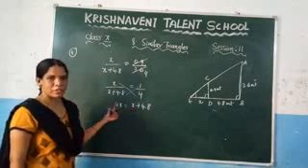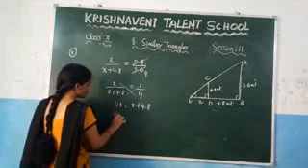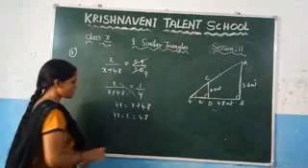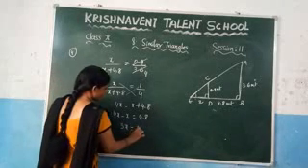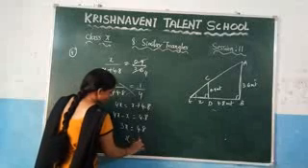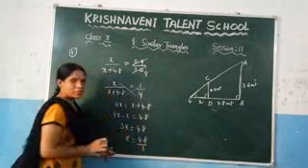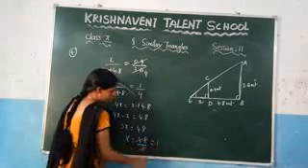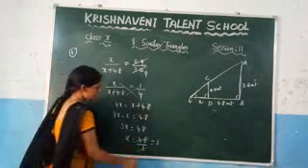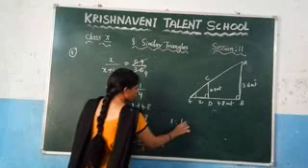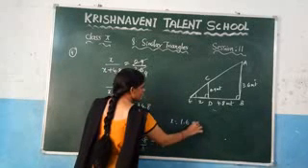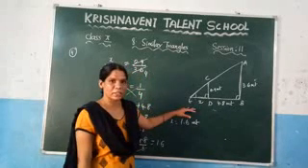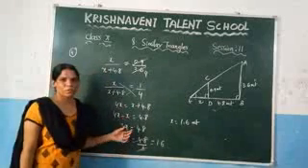Now take this x to this side. It will become minus x. So that you will get 4x minus x is equal to 4.8. What is the value of 4x minus x, which gives 3x is equal to 4.8. So what is the value of x, which is 4.8 by 3. So just cancel here. What you will get here? You know that 3 ones are 3. How much will be remaining? 18. 3 sixes are 18. So you got it here: x is equal to 1.6 meters. What is this one? This is nothing but the length of the girl's shadow. Like this you need to prove it here.